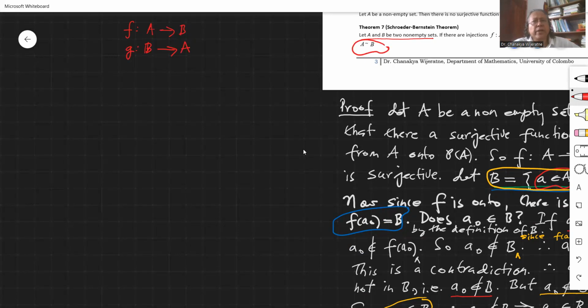Now, if A and B are finite sets, right? If A and B are finite,